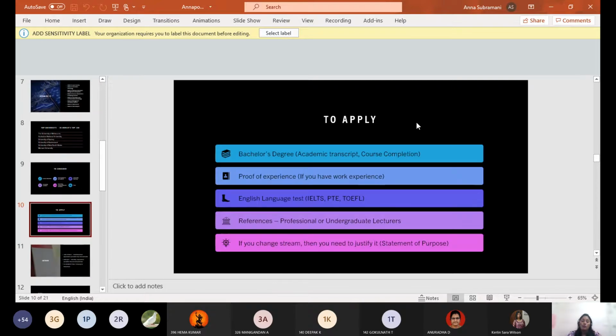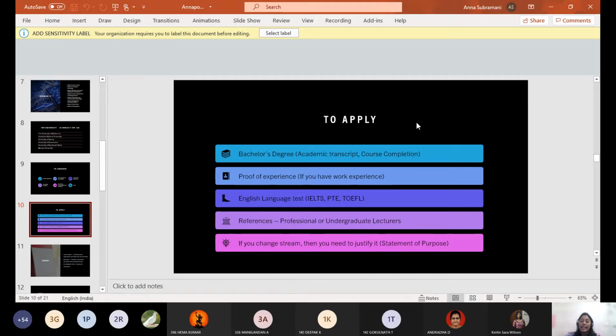And yes, for applying for a degree, what would be the requirement? By the time you join the course, you should have completed your bachelor degree. But you are encouraged to apply from your sixth semester end, where you get your academic transcript of all 6 semesters. And once you join the course, you need to have your course completion certificate. Which means your bachelor degree is just an eligibility criterion, but it doesn't matter what marks you got.